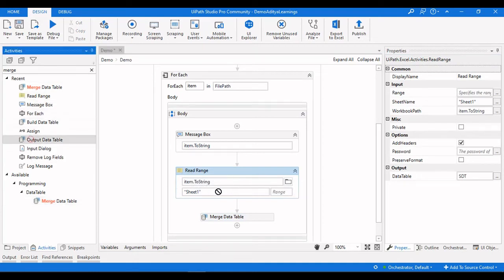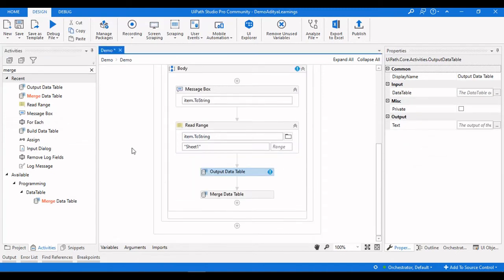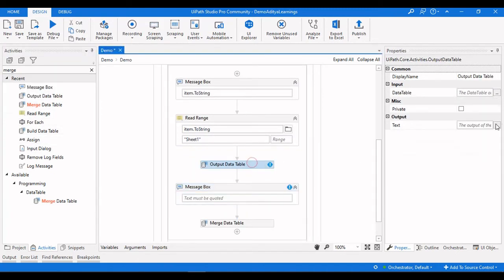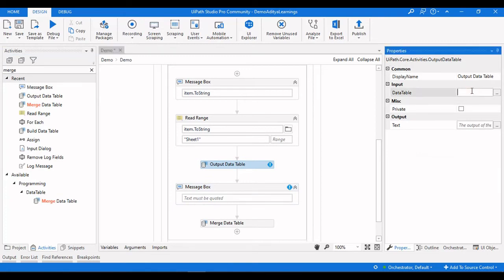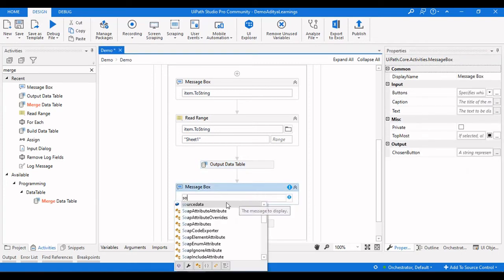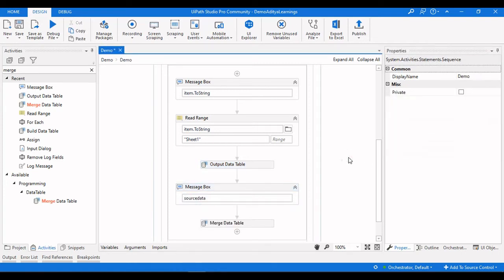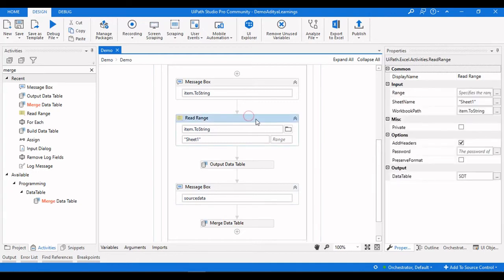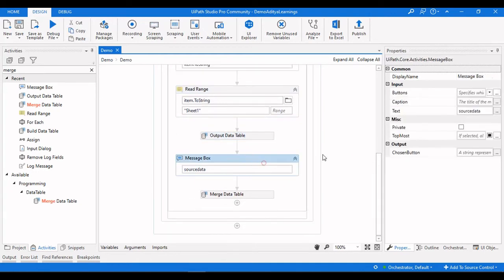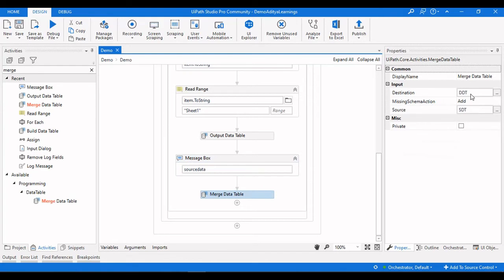Let me also drop an output data table activity to see what values are coming from the Excel sheet, so that we can be aware of that. Here the data table is SDT, and in the message box I will give the text 'source data'. So from here we read the whole range from the Excel and display it in the message box, and we are merging those two with the empty data table here.